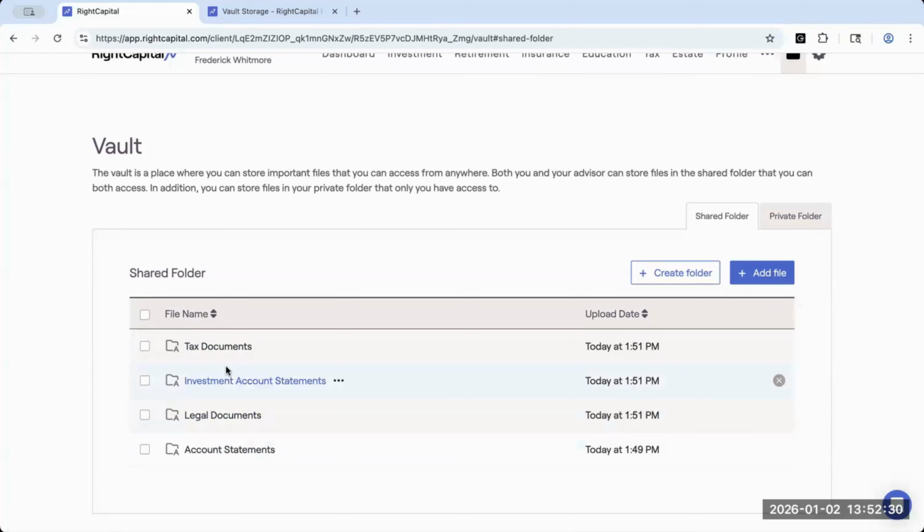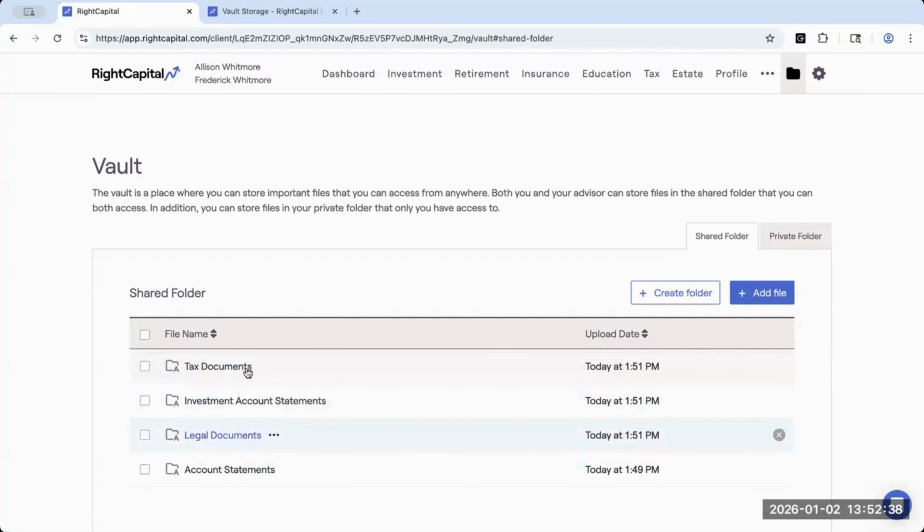Now, there is one other feature about the vault that I want to showcase, and this is going to be if you want to upload a document to multiple client plans at once. So instead of going in, maybe you have a new year doc that you need to upload to all of your clients, instead of going through each individual client plan and uploading it one by one,